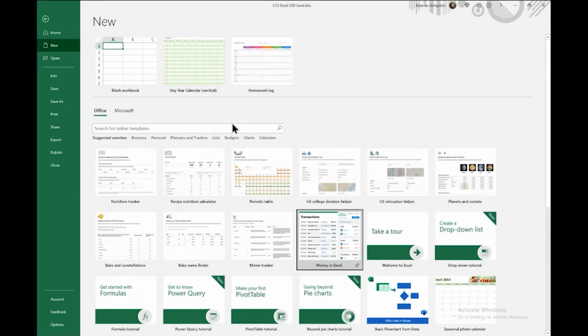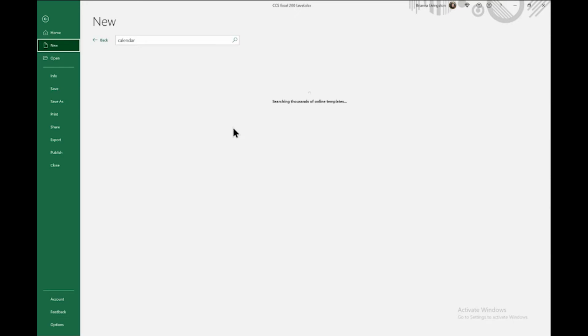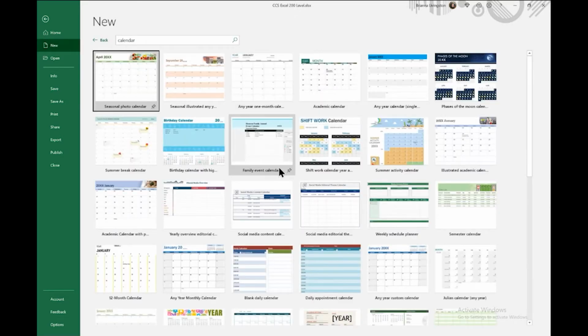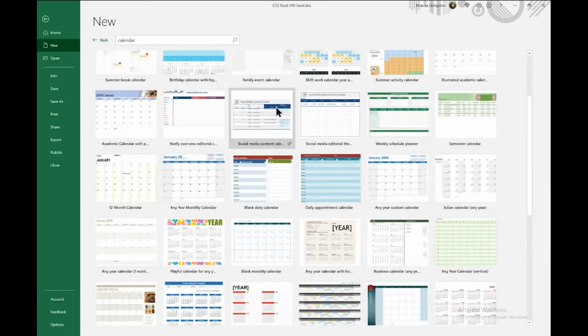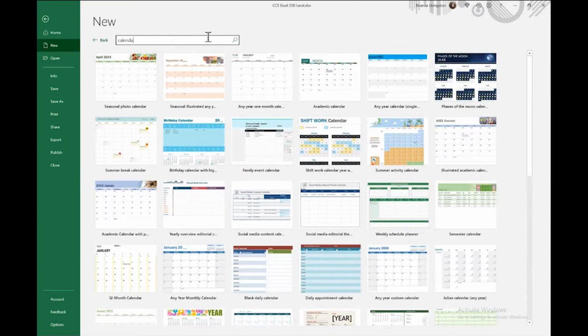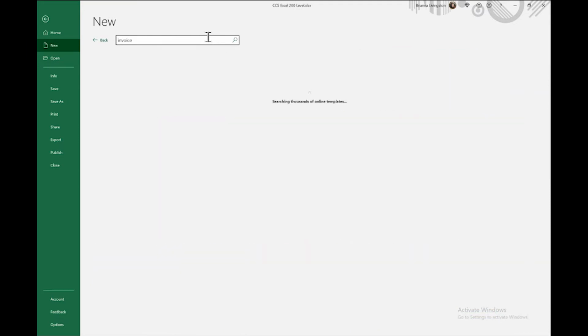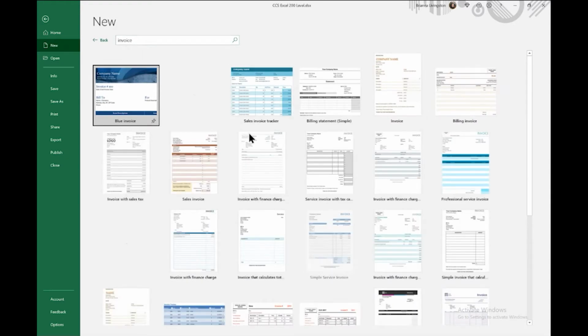If you want to build a calendar, you can actually search for what you want to build. So I can search calendar and I get tons of different templates, different styles. You know, social media planning calendar. If I want to look for invoices, I can get those too.